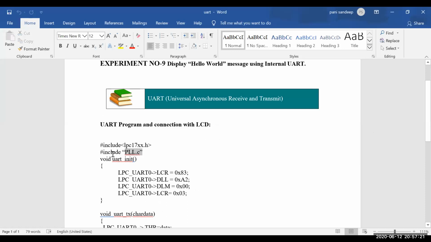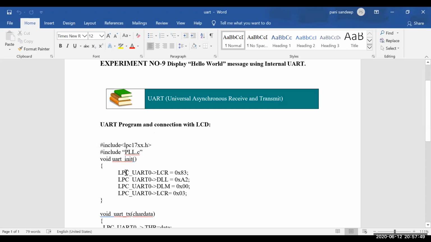This is why I'm using this particular line, to reduce the frequency of the Cortex M3 for the transmission of data. I'm using it as an add-on program. There is no need of studying it; just say that it is used for reduction of the frequency.